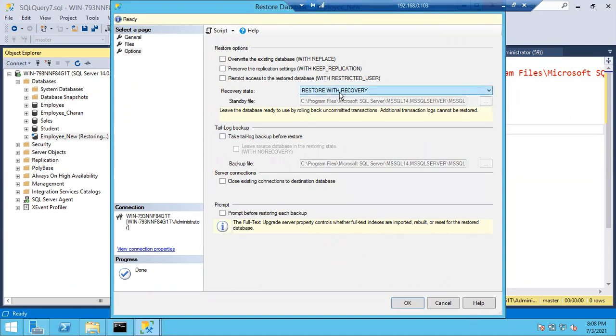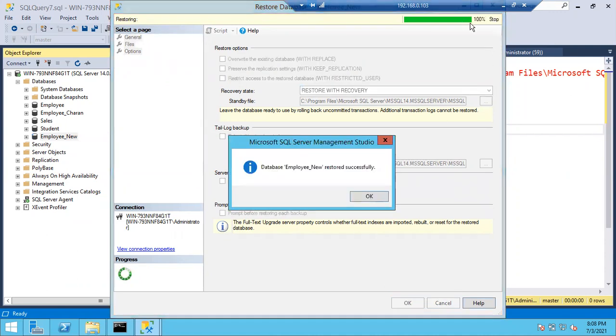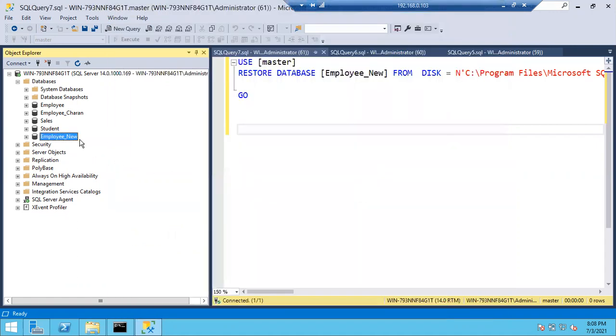Here this is the final file, right? There are no further backups to restore, right? Full, differential and log backup we took. We just restored the full backup, we just restored the differential backup. This is the final backup to restore. So choose restore with recovery. If you just click OK, now the file will be restored. You can see here 100% database restored successfully, and you can see the database came online.